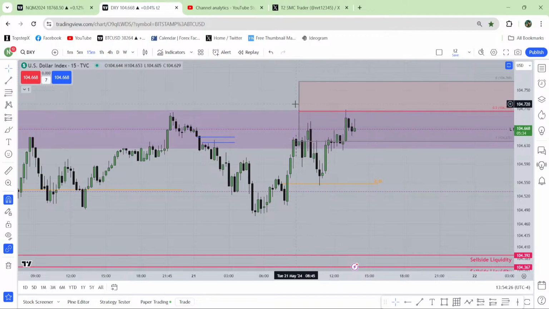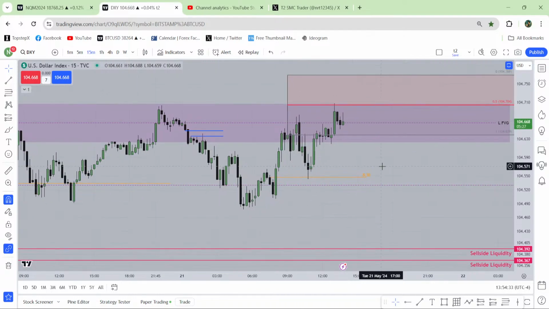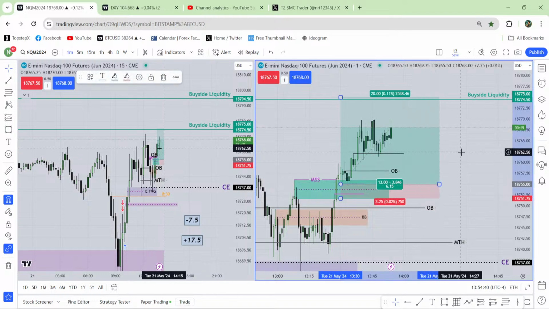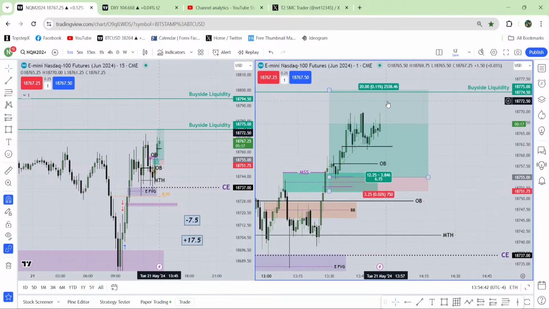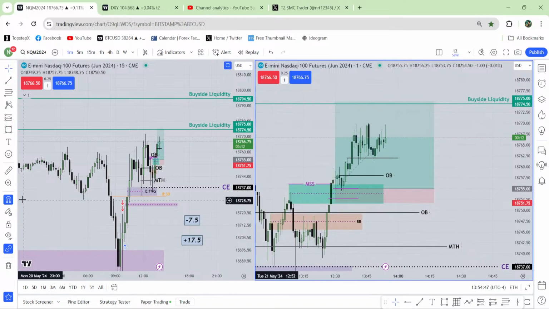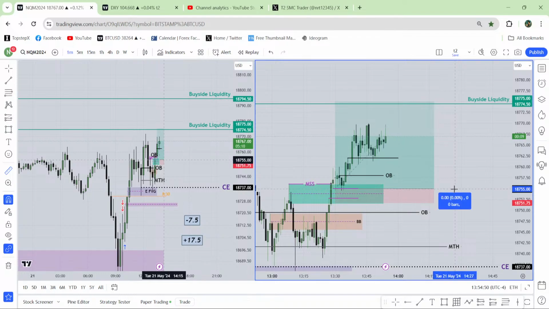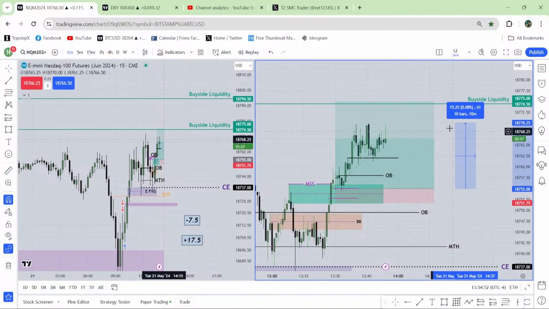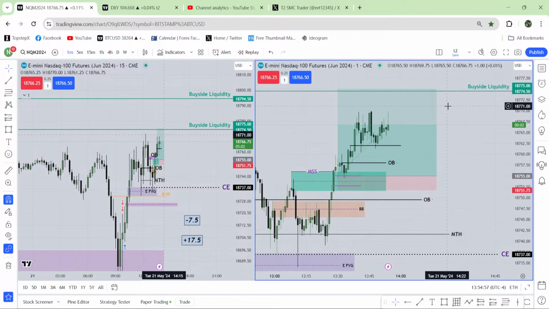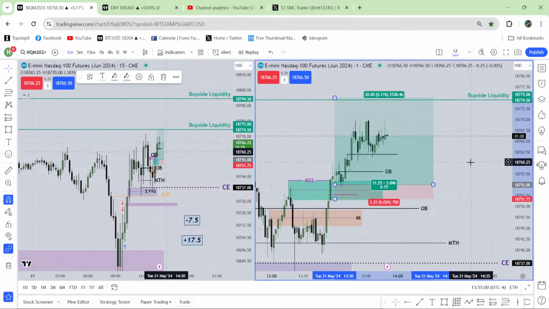Okay, if I just mark the week from the 15-minute chart, it has traded the consequent encroachment of that week from the 15-minute chart for the dollar index. That's cool. It should fall. It should fall. Let's see if I can write the boom one more time or not. But still, if you see the run from the first fair value gap until here, 15 handle, not bad on a low volatile day. It's not a bad run. But yeah, I will still try to catch that 20 handle profit.